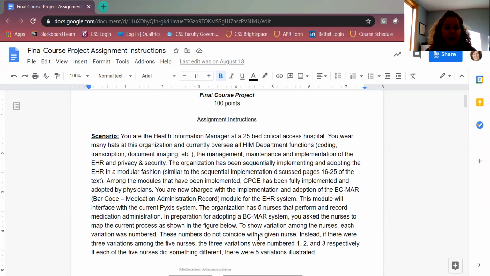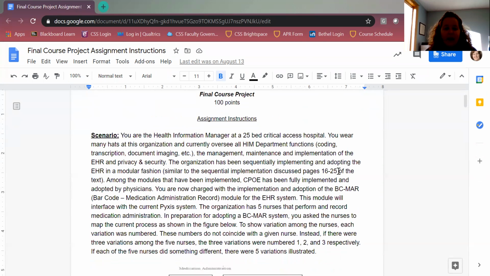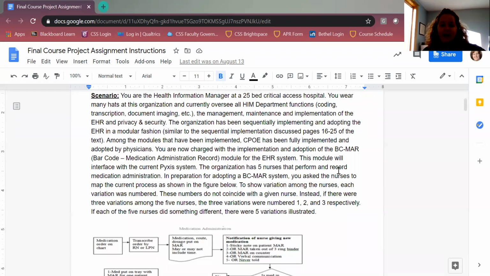Okay. All right, so to start off, this assignment is worth 100 points, and it really is a way for you to apply everything that you've learned, or a lot of what you've learned in this class, okay? And it's also going to build off of your previous workflow analysis and redesign group assignment. It's pretty similar in terms of redesigning workflow, in that you are going to be addressing the implementation of